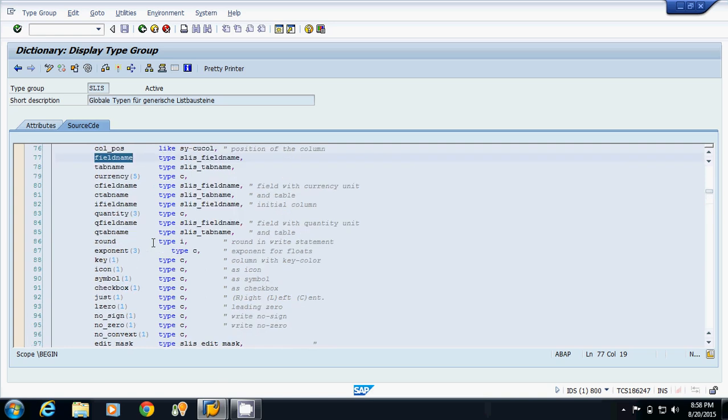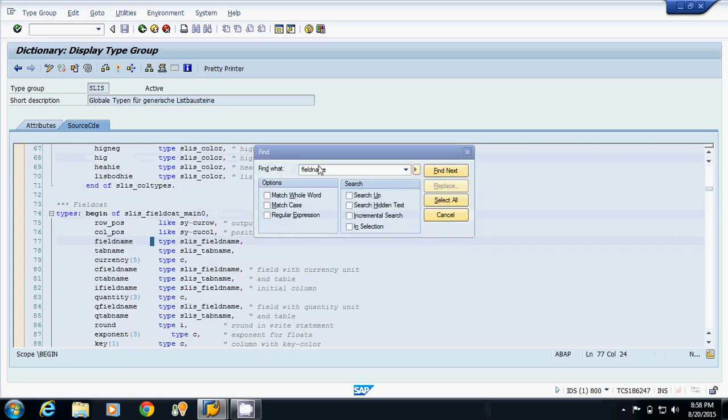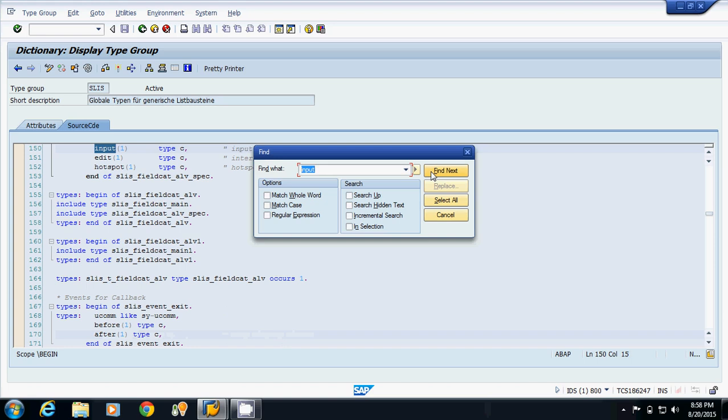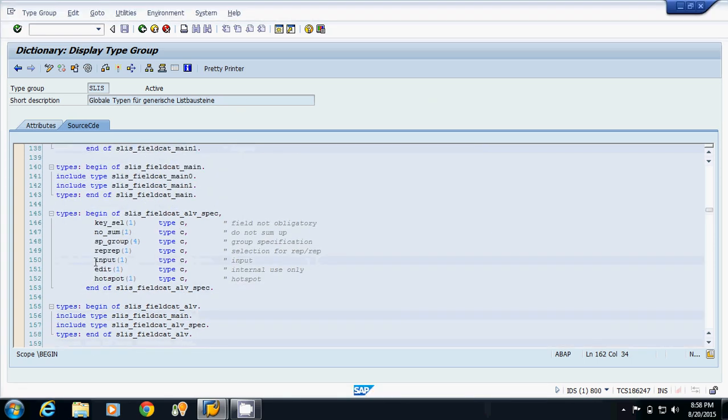We will search for input, Control F, input. Yes, we have input. Now we will set this input to X because we have to input the value of marks.